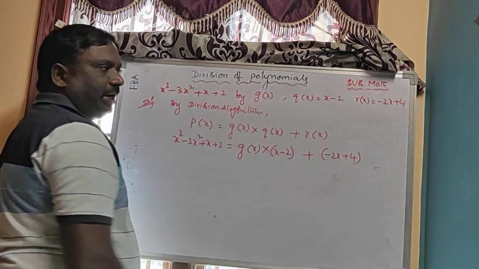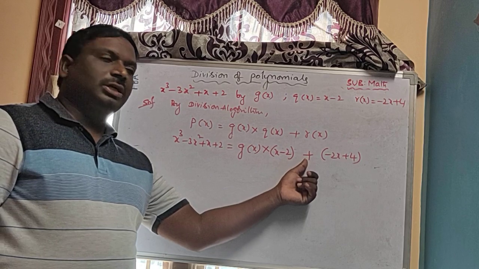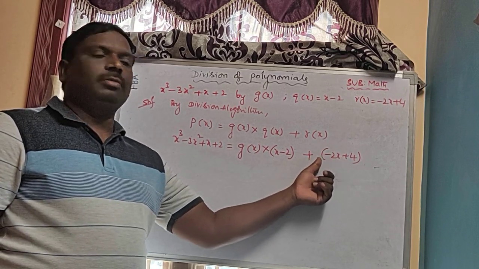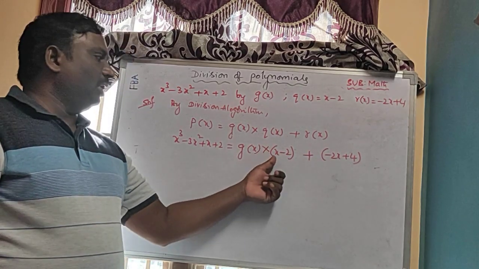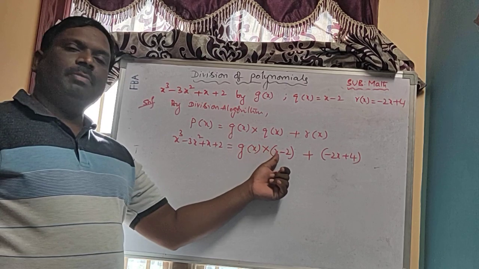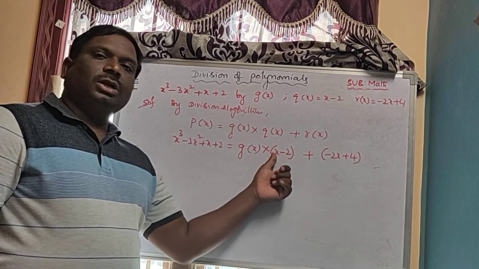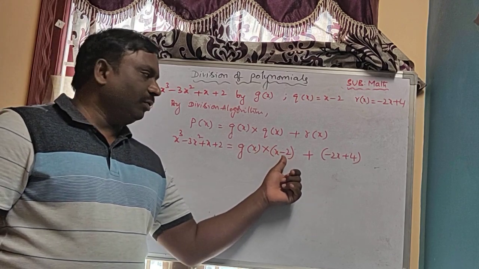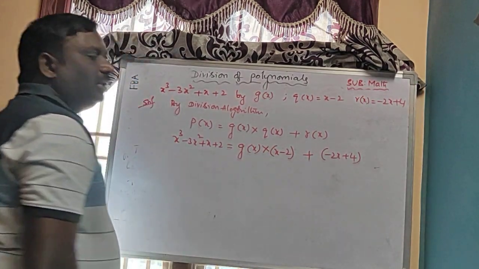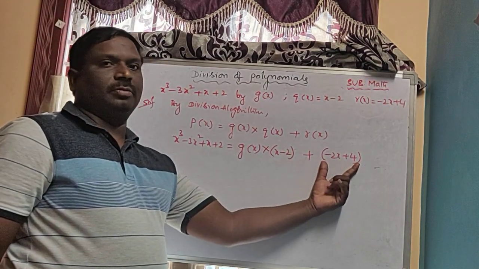We have to keep it in bracket. Why did I keep it in bracket here? Here already an addition sign is there. If you are not writing the bracket here, the addition sign and subtraction sign will come one after the other. And here also I kept a bracket. If you did not keep the bracket here, g of x will multiply only with x. If you keep the bracket, g of x multiplies with the total 2 terms. Don't forget to give the brackets. So now how many terms are there? 2 terms. So this is one term, this is another term.